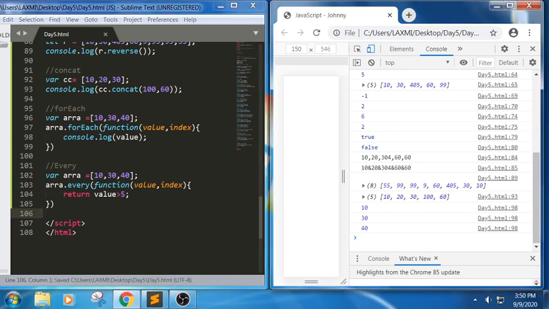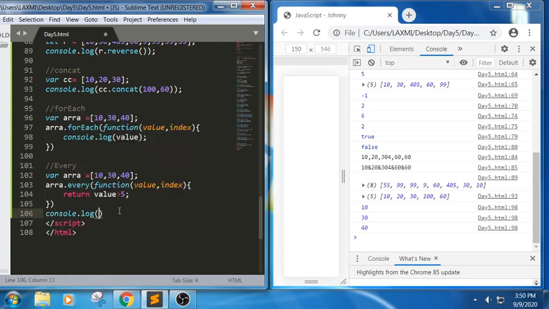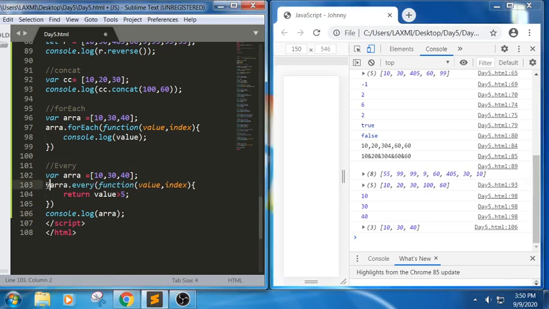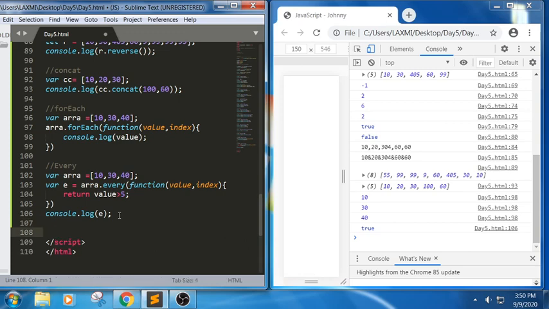See here, let me write. We didn't get output because we haven't written console.log, so let me write this here. It will display this array values. Yes, let me put this in E, and we can also, yes, we got it. So it is checking whether every value has passed or not.